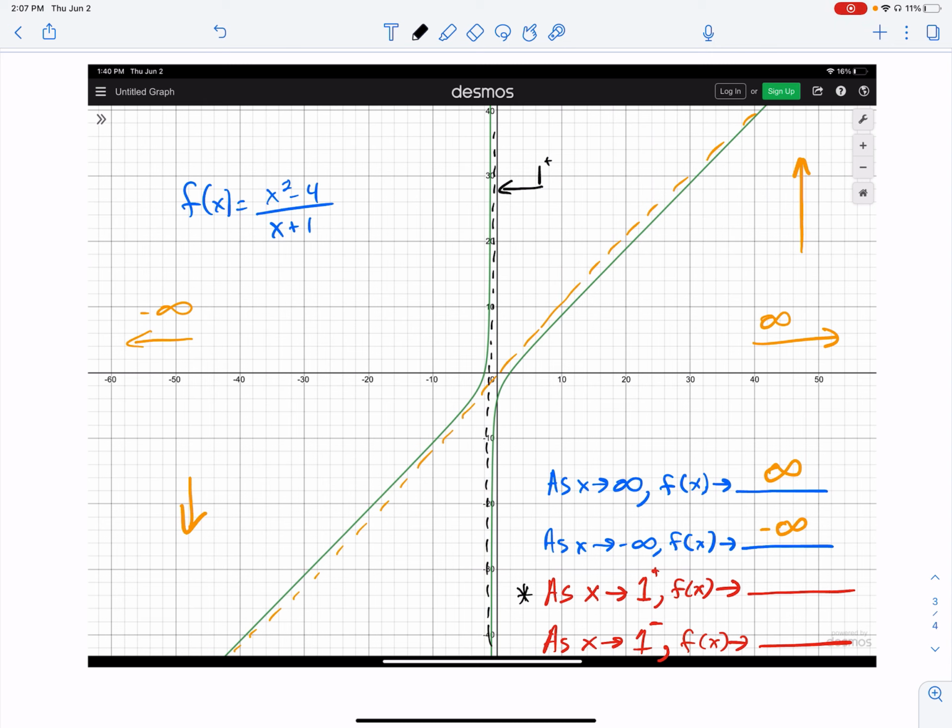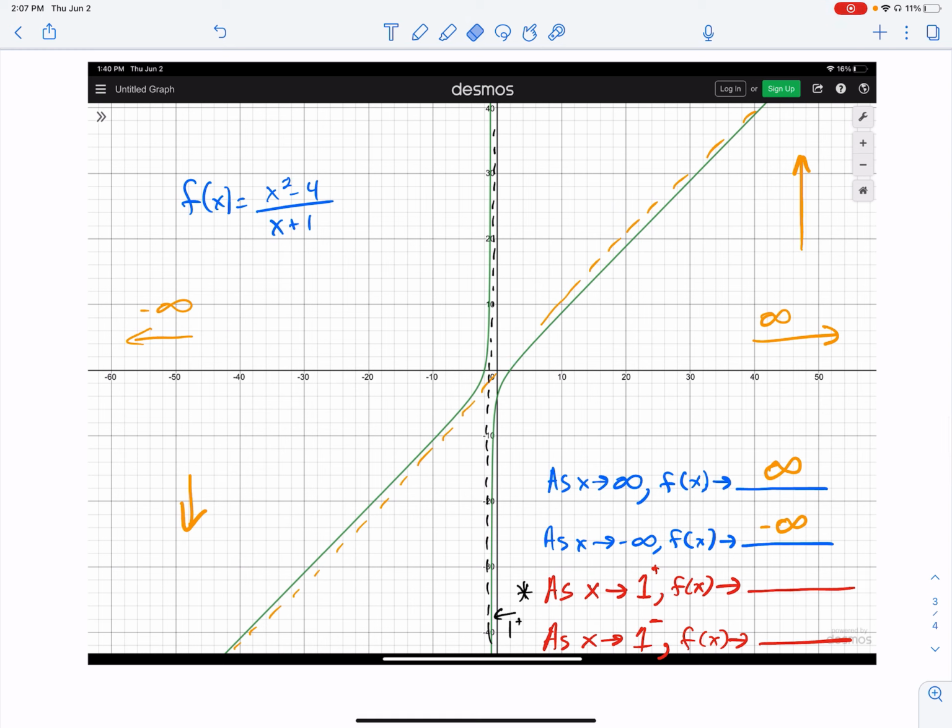So as we get close to 1 coming from the right-hand side, what's happening to the function? And actually, I should probably write this down below here because the function is getting close to 1 from the right-hand side down here, right? That green curve,